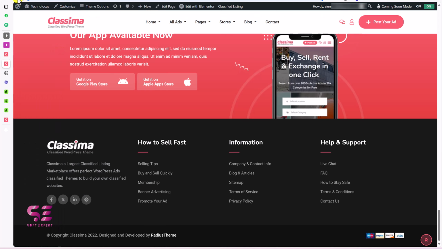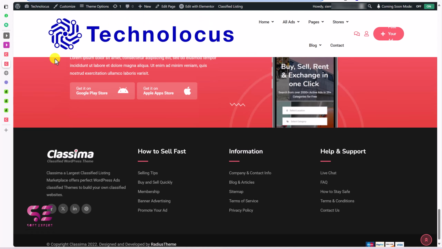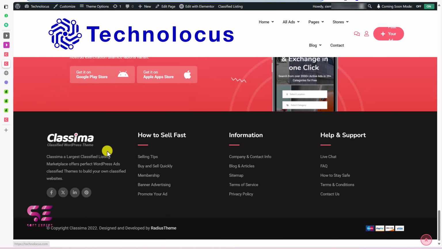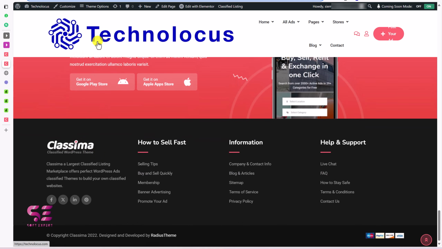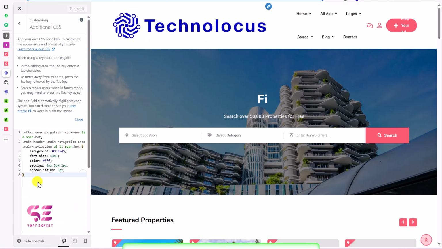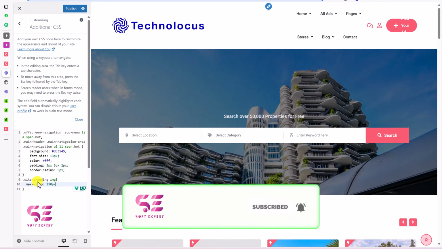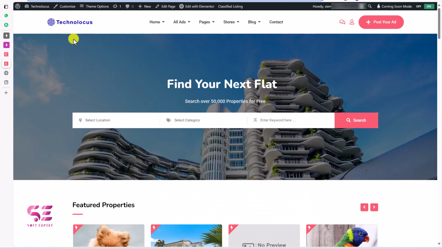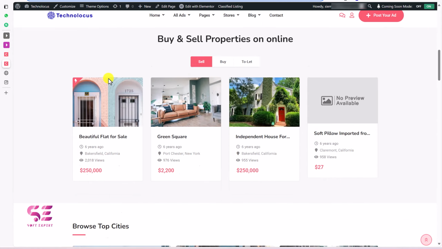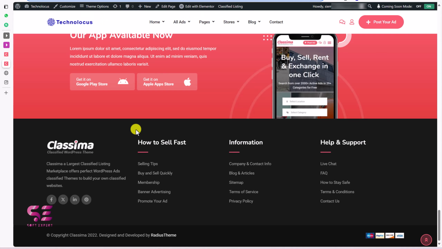And let's reload it. You can see the logo, but it's too large. So we can either fix this using CSS or we can upload a small logo. Let me quickly fix this with CSS. Now we have changed the logo here and if I scroll down,